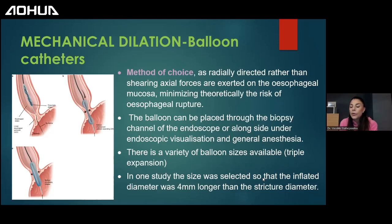And of course, there's a variety of balloon sizes. It depends on the size of the patient, dog or a cat. And I mostly use the triple expansion because it gives me the opportunity, once I dilate the lumen, to dilate it a second time, a bit more, and a bit more the third time. So the triple expansion has, for example, 10, 12, and 14 millimeters. So in the first scale, you can open it up to 10 millimeters, and then 12, and then